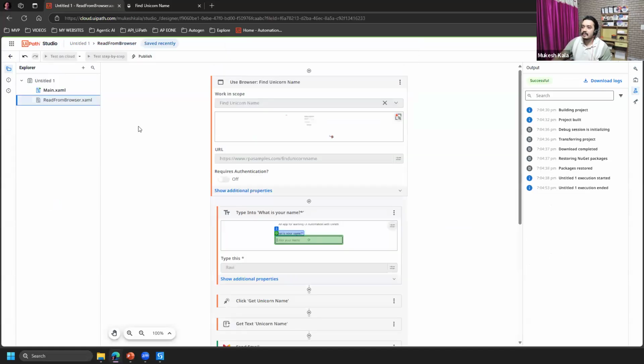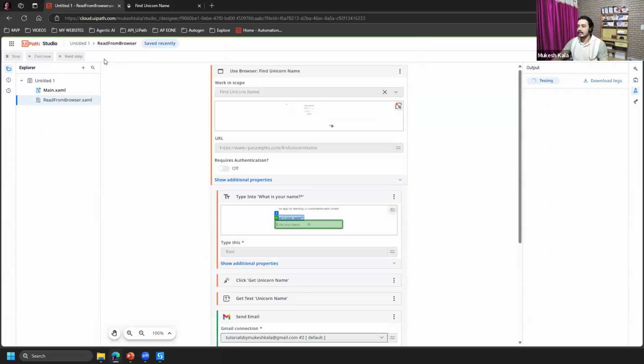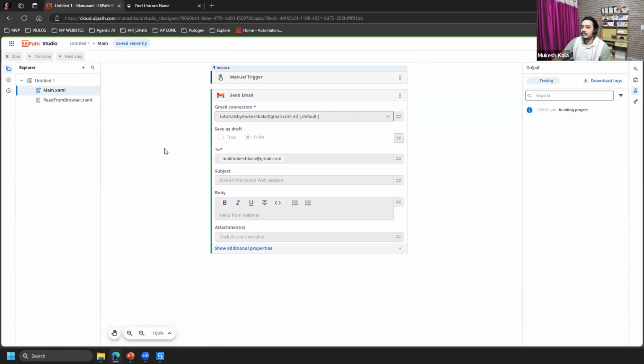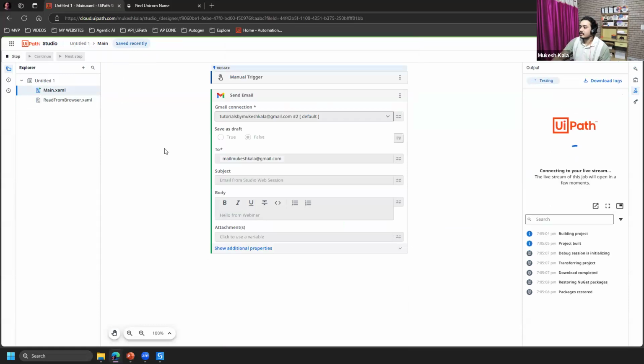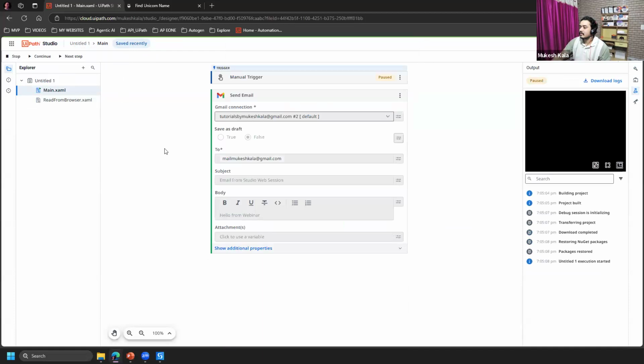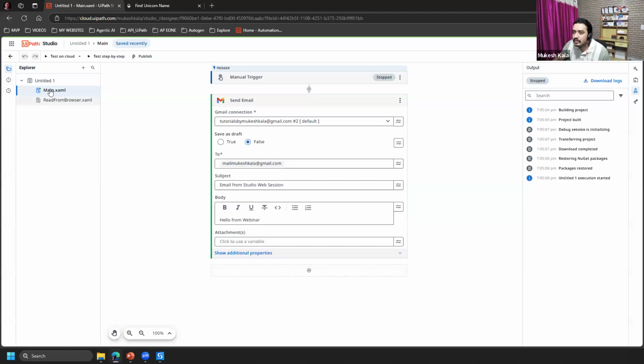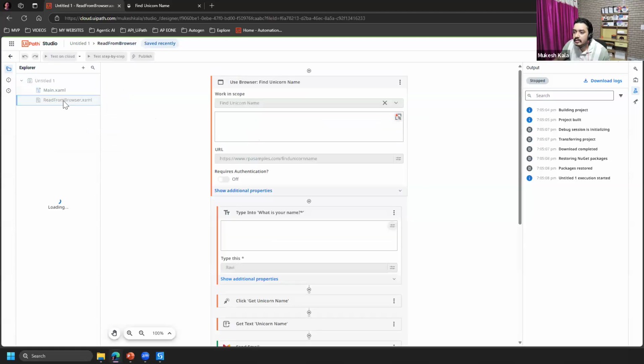Which is the read from browser. So I'll do this. I just click the other one. Okay, somehow it's not going there. Maybe let me just try here. Yeah.